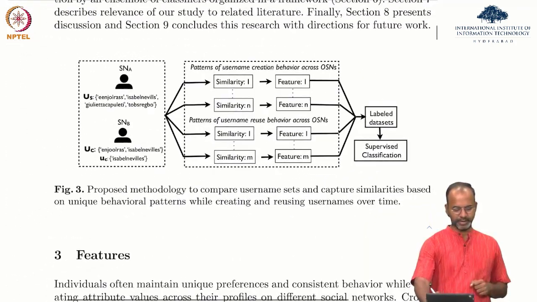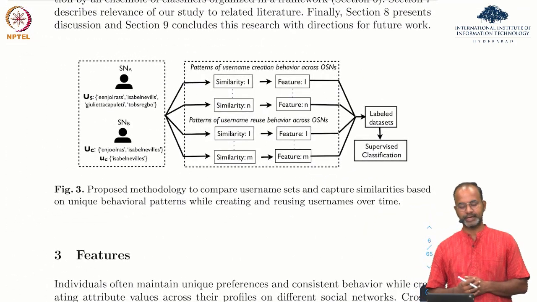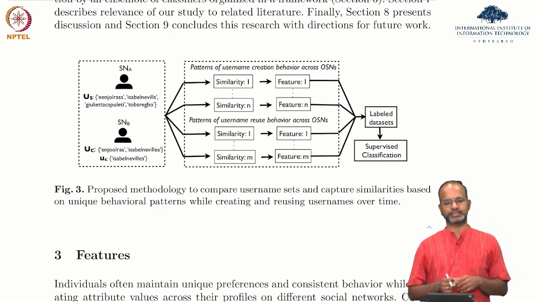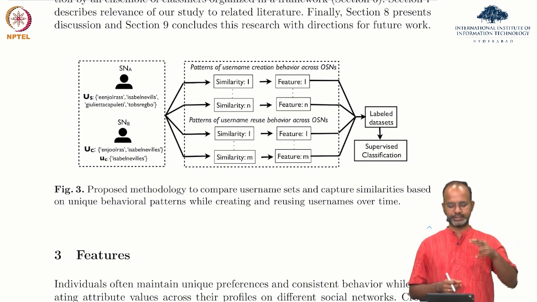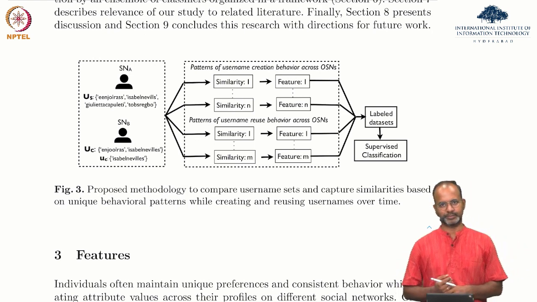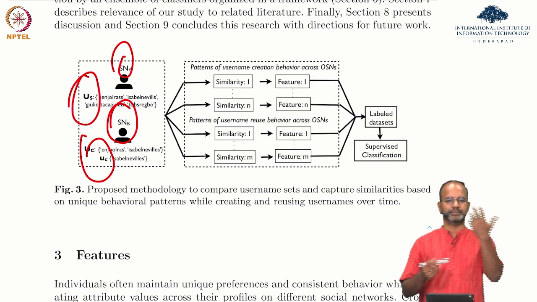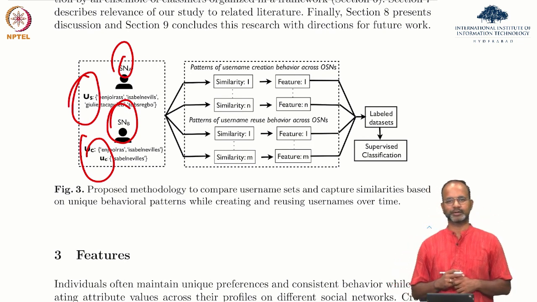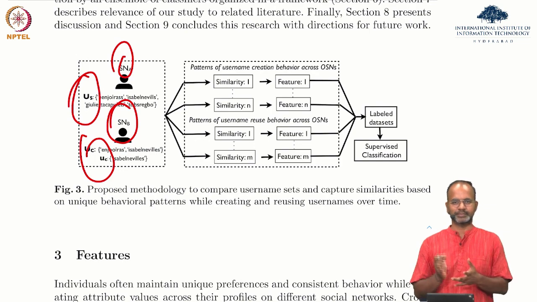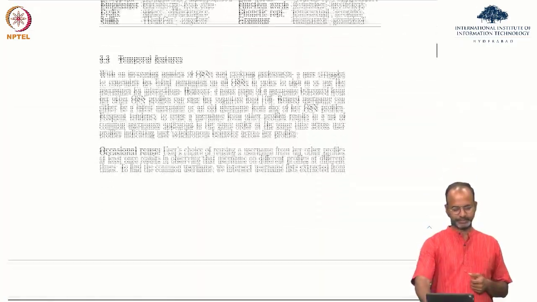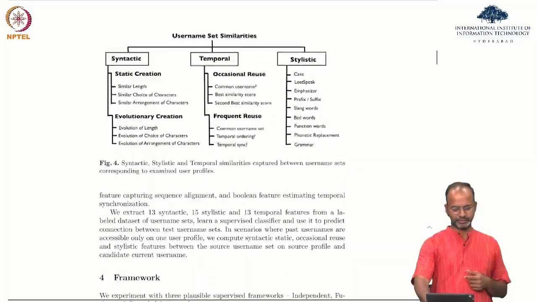So this figure is actually helping you to understand, given two profiles, what do you do to figure out whether they are the same profile or not. Social network A, social network B, user here. Do all the similarity features that we talked about, similarity between the network, similarity between the username, profile picture, all of that, and then figure out whether it's the same user, right? So yeah, past information can be very useful.